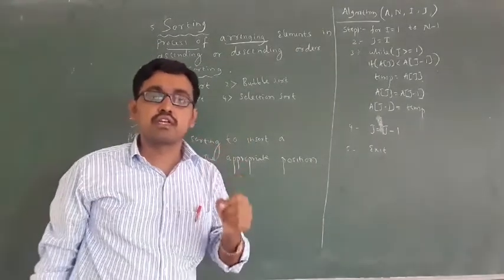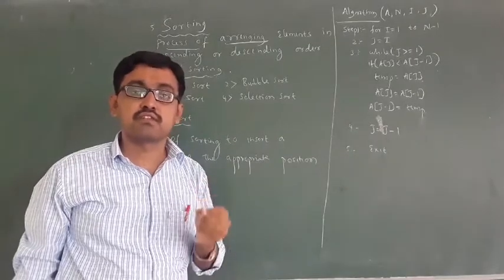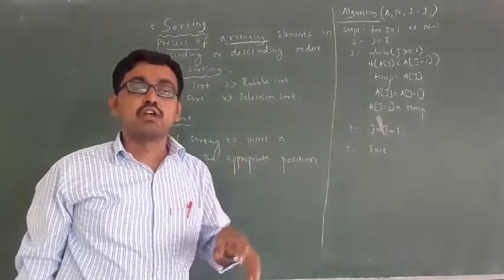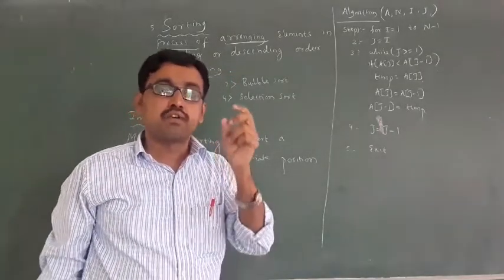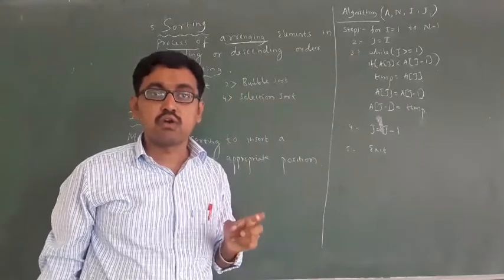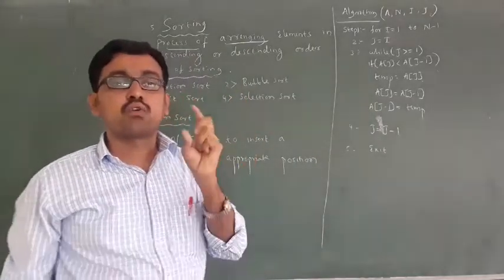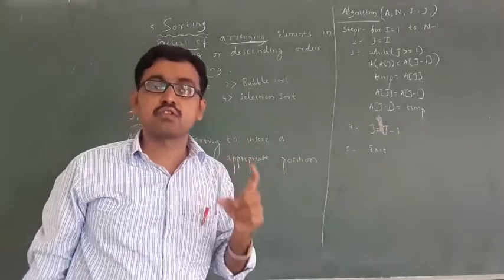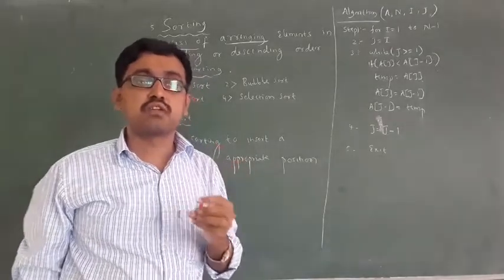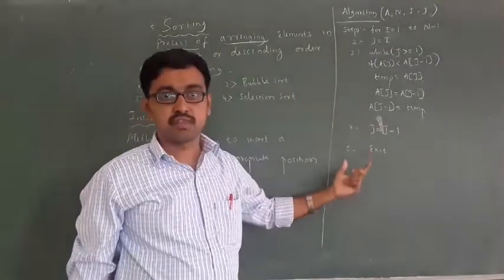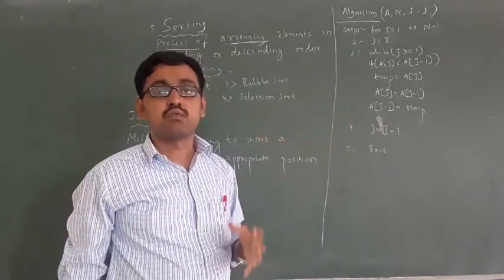Where do you use this sorting process? Sorting is used in MS Excel and MS Word. If you want your students in alphabetical order, or numbers from 1 to 100 in ascending order, then you have to use the sort option. MS Excel also has a sort option. To build that application we have to use this algorithm. That's why it is very important.